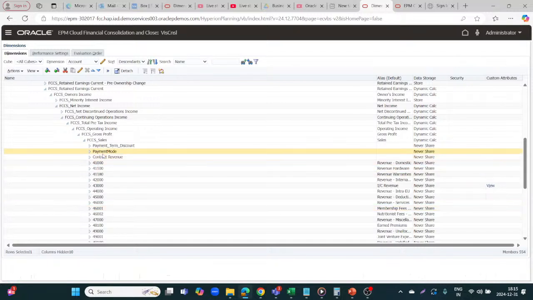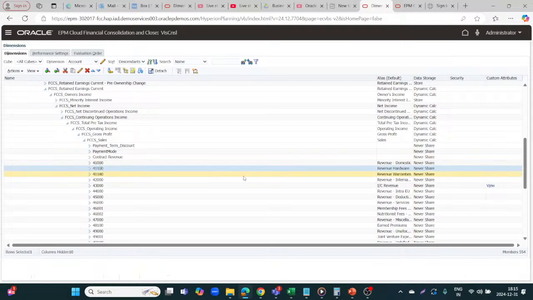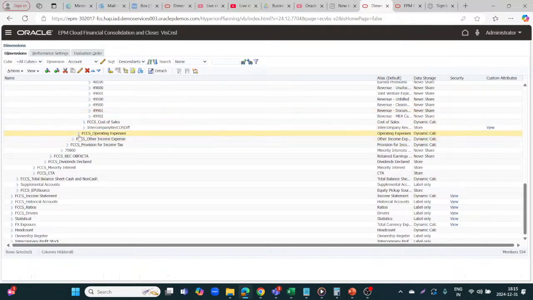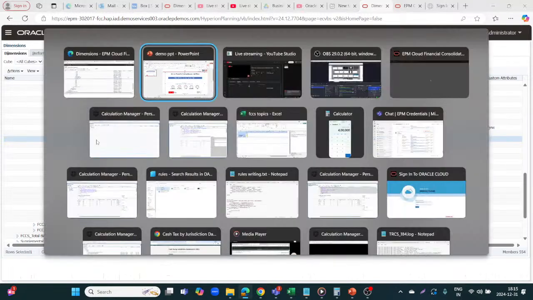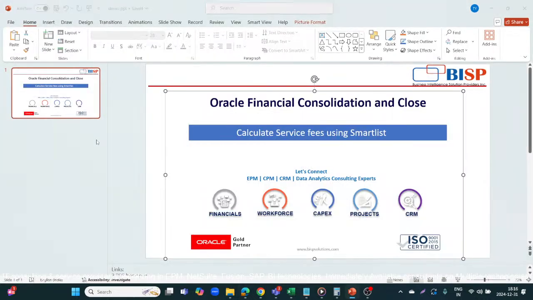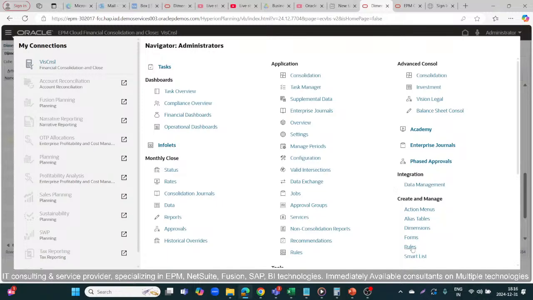so we have created this member naming payment mode. So one is this, second is the contract revenue that I have created, and third I'll use the seeded number that is your 41100, which is nothing but your revenue hardware. And under operating expenses I've created this service fees. So if we start looking at our rule,